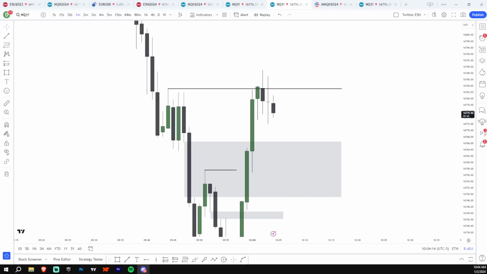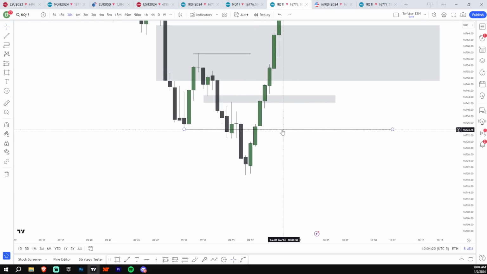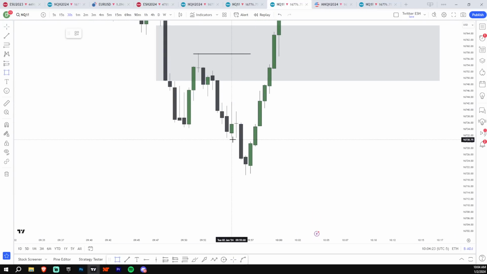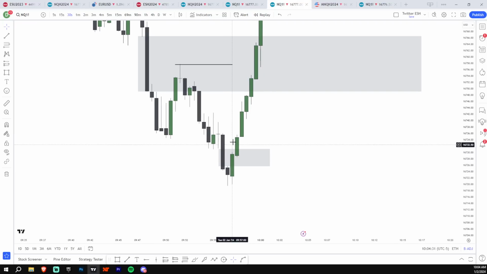Yeah, that was perfectly fine. That was perfect, Ronaldo. Oh my god, this was textbook. Even this was textbook, the 30-second. Just the speed at which we displace, and then the speed at which we displace back up. That's just so textbook. And because we're so low in the higher time frame, that's just like, yeah.